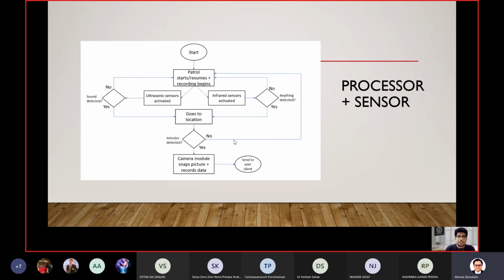For a more in-depth explanation of the processor and sensor, this is the process flow. When the patrol starts or resumes, the recording begins. Then the ultrasonic sensors are activated as well as the infrared sensors. When the ultrasonic sensors are activated, if they detect a sound, the robot goes to the location of the sound, and if not, the patrol resumes. If the infrared sensors detect anything, it goes to the location. If not, it resumes its patrol. If an intruder is detected, the camera module snaps the picture and records the data, and sends it to